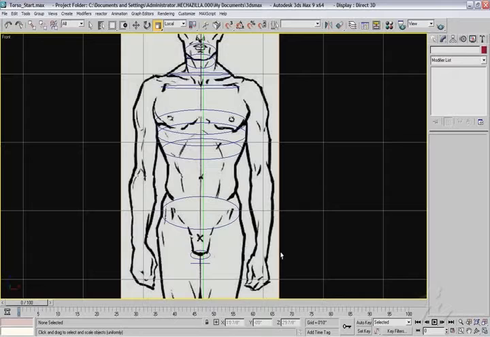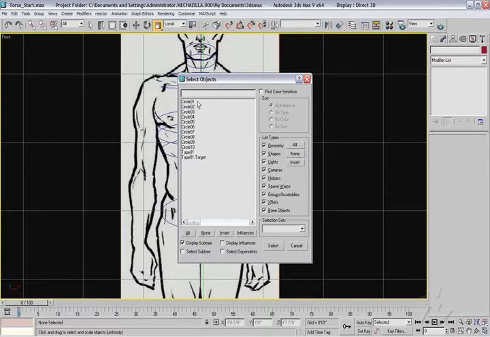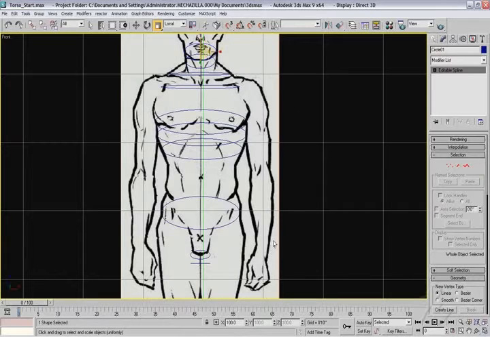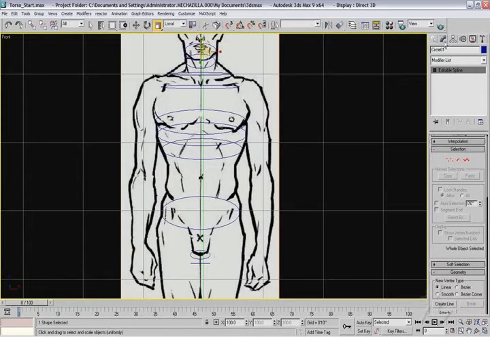Next we'll be adding some segments to connect all these splines into one giant spline shape. Now we can start at the bottom or the top with our shape. Since we had our first shape, circle 1, why don't we go ahead and start with that. If you hit H on your keyboard, you can choose circle 1 from the name selection set that comes up, and choose select in the panel. And then over on the right hand side under the modifier panel, which again is the blue macaroni, we can navigate down